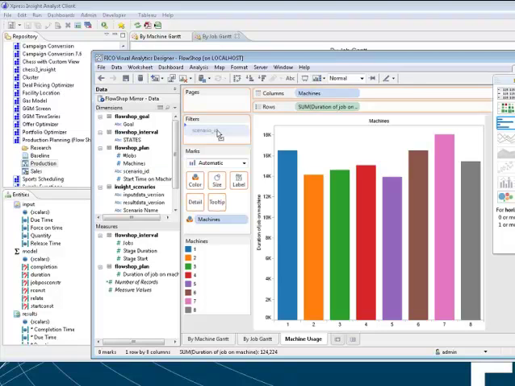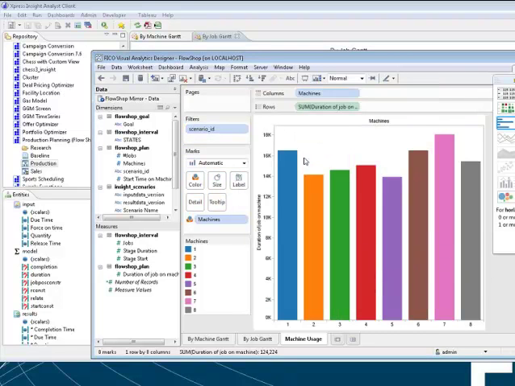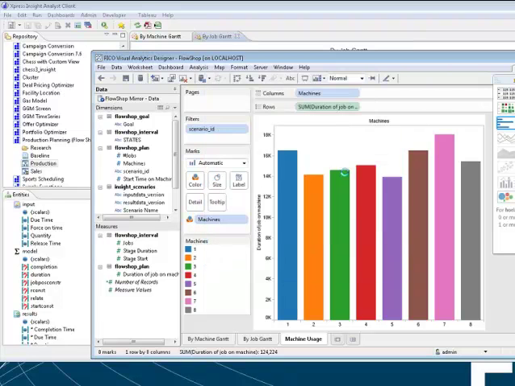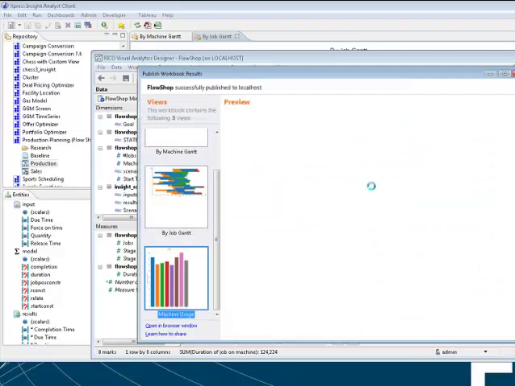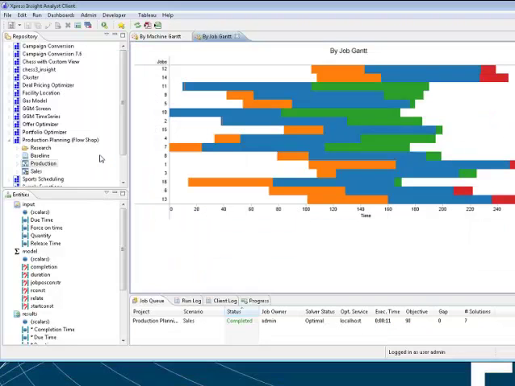And at this point, I would be done. Yeah, so I have created a new chart, and now I need to upload this to the server. You see, I just need to add this specific report, publish it, and I'm done. The only thing I have to do now is close my application and restart my application,